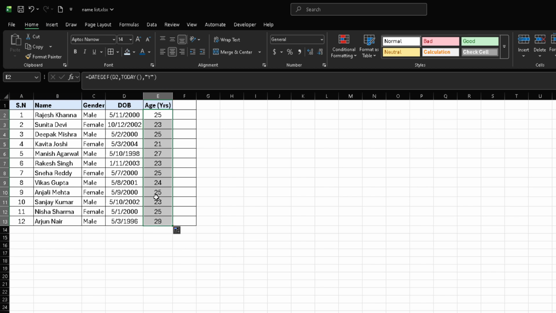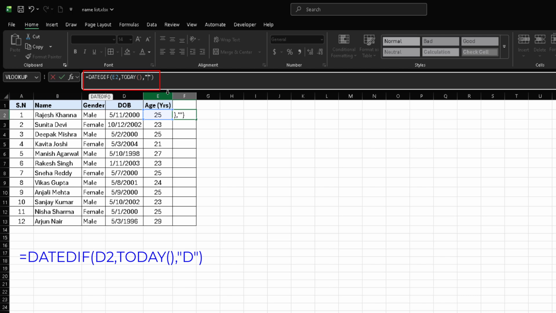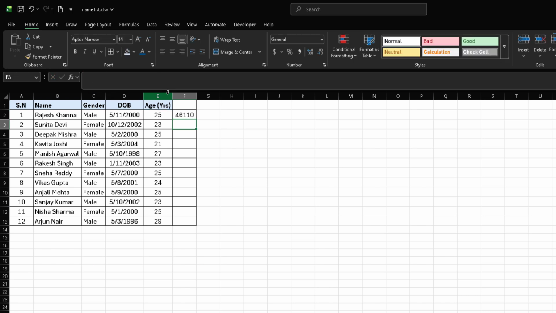Now in a similar manner, if you want to calculate age in terms of days, what you need to do is just replace this Y with capital D. So what I'll do is I will simply apply the formula over here, and then over here I'll change this Y to capital D. Now can you see it has calculated the number of days. Double click,